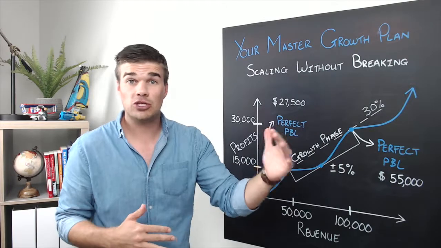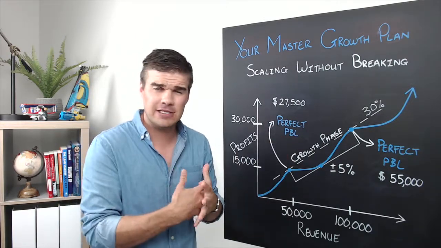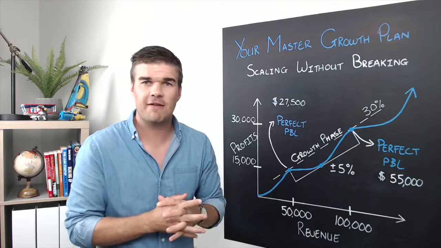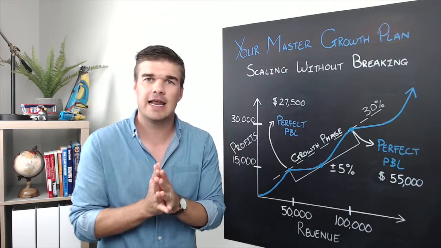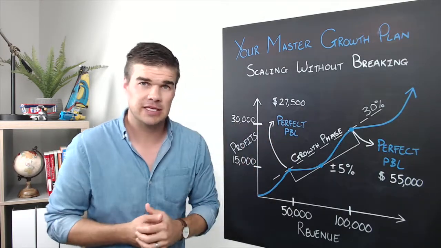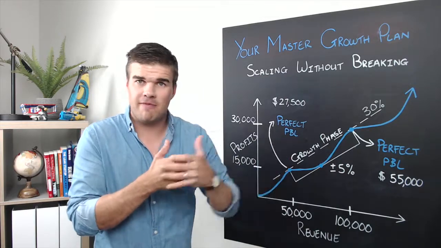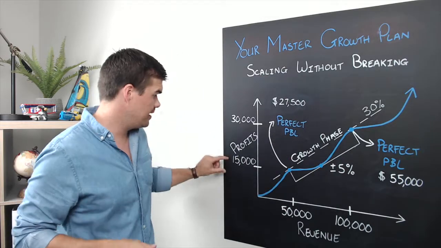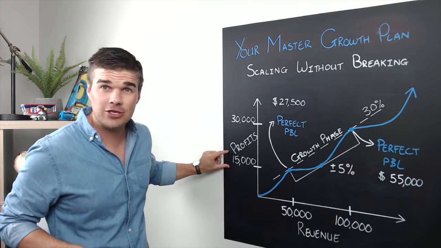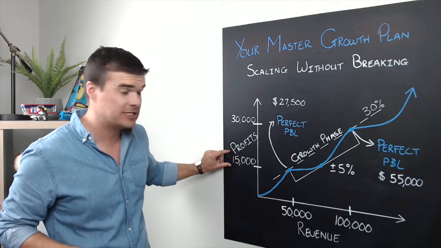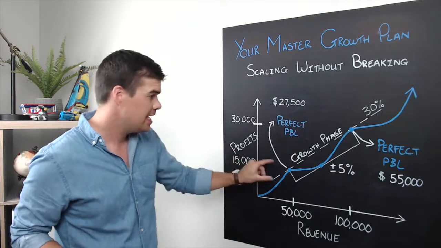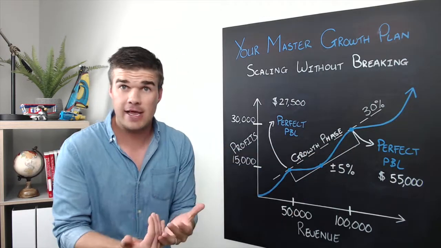To get that, you need to go watch the Optimizing Your Finances video, where I really dive into detail what the ratios are between that 55% in terms of advertising and labor based on the type of business that you're running. There we now have a roadmap of how to get there. It's important to note that we have $15,000 in pre-tax profits that we can start spending immediately in our business in order to start growing without breaking it.